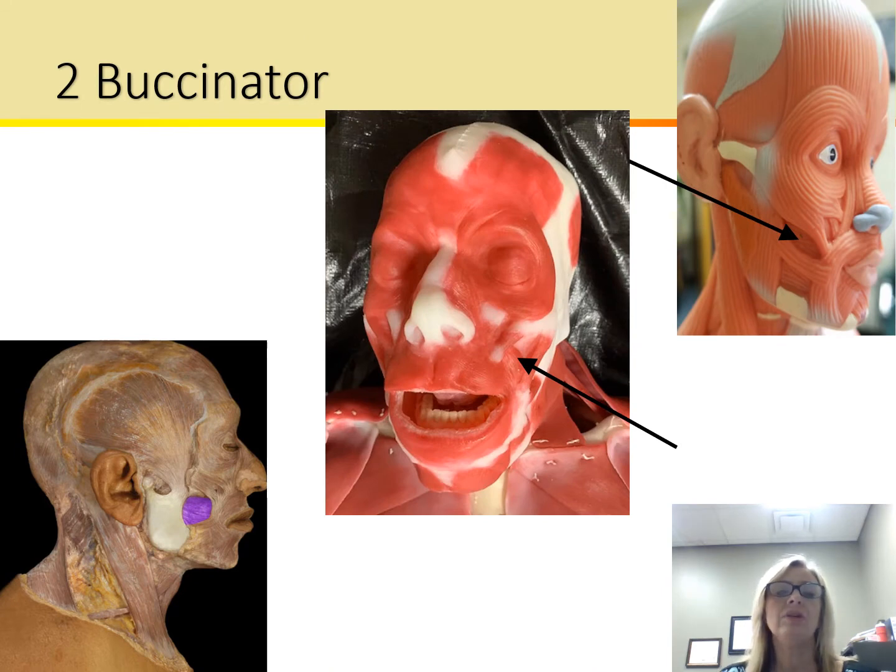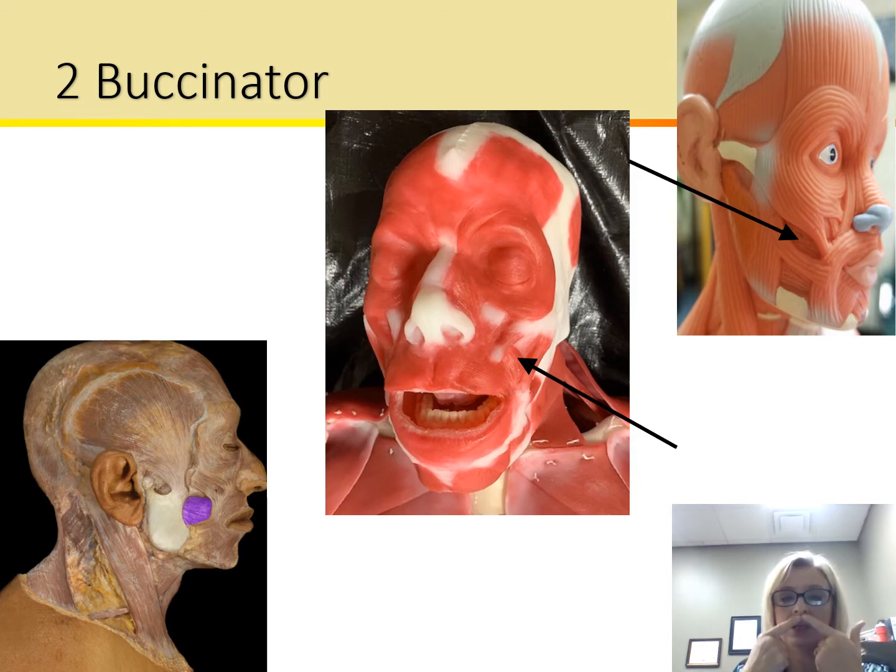Next here we have the Buccinator muscle. This is also sometimes called the trumpeter, not officially as a scientific name, but the trumpeter muscle, because this is the muscle you use when blowing a trumpet. This pulls the corners of your mouth laterally and presses the cheek against the teeth. Buc means cheek. The origin here is going to be the upper maxilla and mandible, and the insertion is going to be at the angle of the mouth,